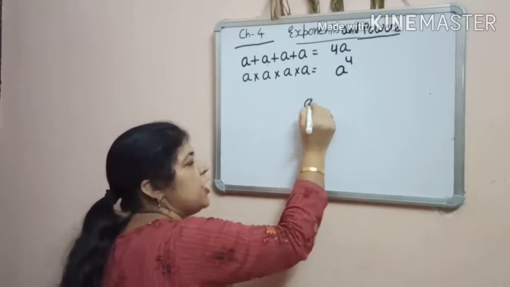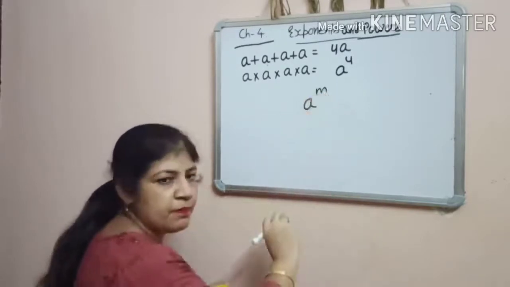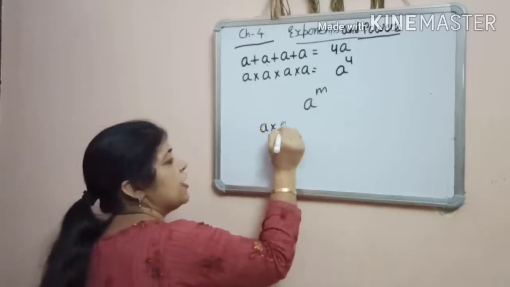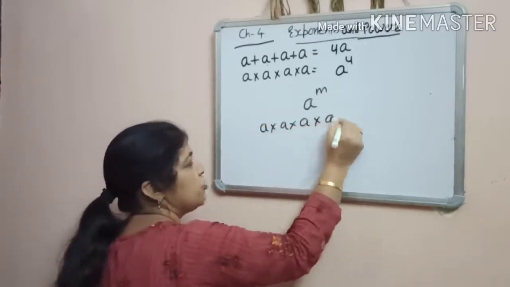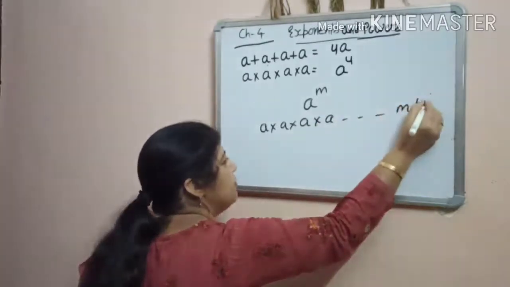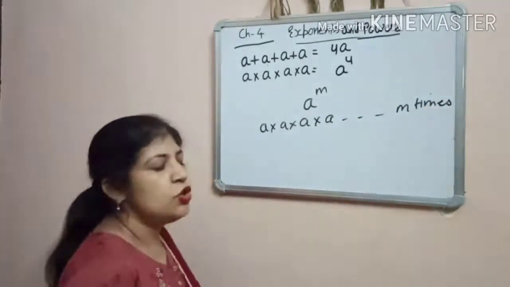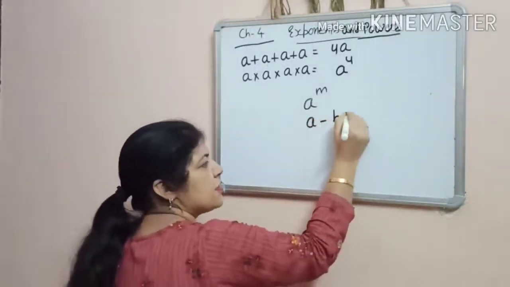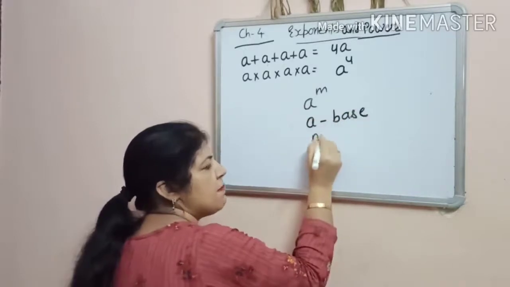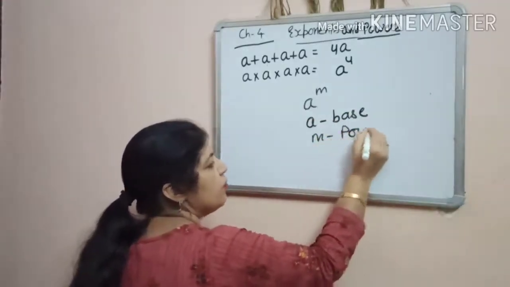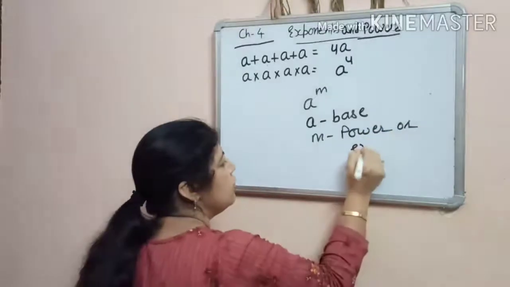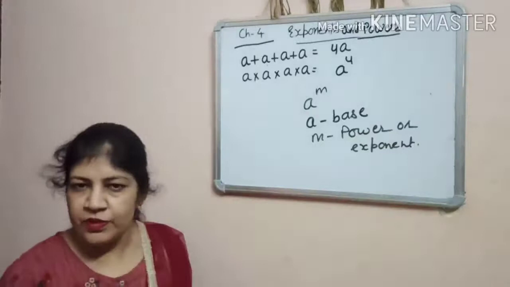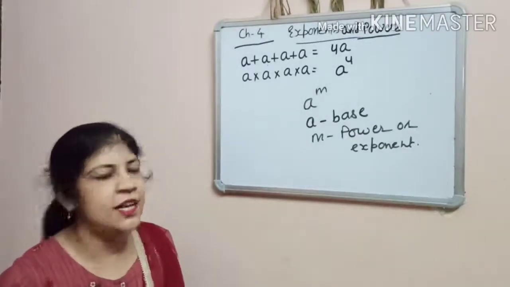Like this, a raised to the power m means a is multiplied m times, like a into a into a, m times. So here a is called the base and m is called power or exponent. Clear? So let's start the exercise